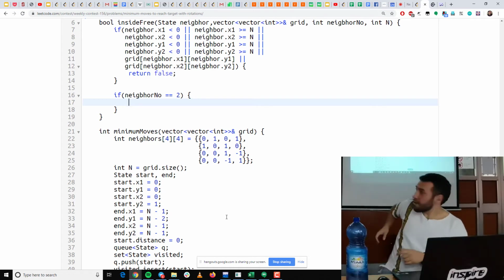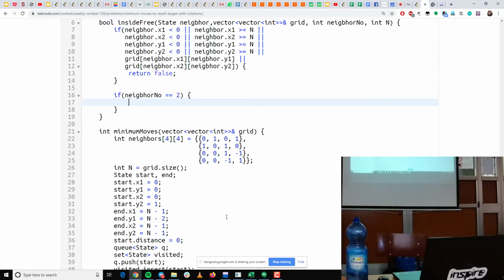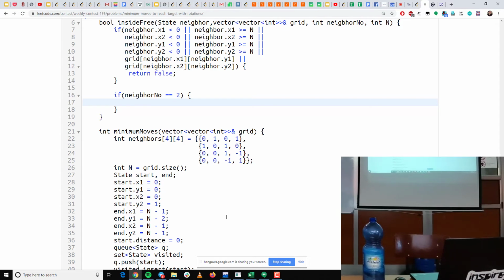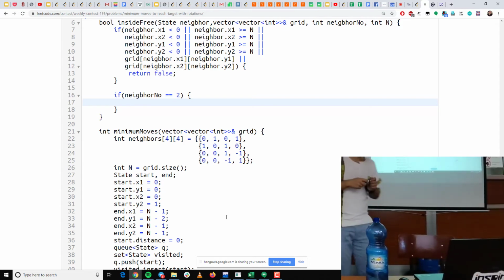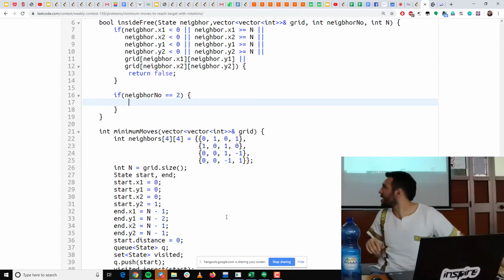First, let's check what neighbor no means. We are talking about this one, right? Meaning our row is increasing by 1 for the head. It's the diagonal move, right? For this one. But which diagonal move? Clockwise, right? And this one is counterclockwise. Usually we represent them with CW and CCW. So if it is a clockwise move, because with 2 we are at the clockwise move,